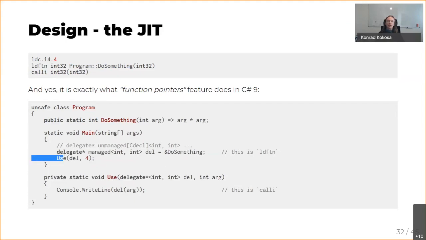So delegates will now start to have stars, as an address of a method may be taken with this operator. That's nice, and it's nice that it is exposed to C#, but unfortunately, I cannot use this approach because, as you see, the pointer to the method needs to be strongly typed. This is fortunate, obviously, from the perspective of regular code, because I know that I have a pointer to a method that accepts an integer and returns an integer. This is type safety on the C# level, which is super nice.